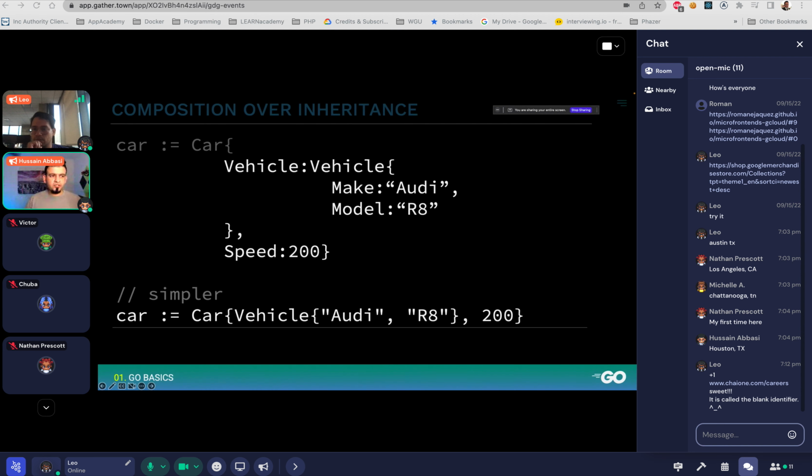And when I'm working with initializing that type, all I have to do is either the top or the bottom. I can say a car is a new car object that has a new vehicle object inside it, with make and model, and then the speed. Or if I remove the parameter names, then it's just a one-liner at the bottom. You can see that it's a car that has a vehicle object inside it, and then has a speed, right? So that's how we would embed one type into another type, as we see.